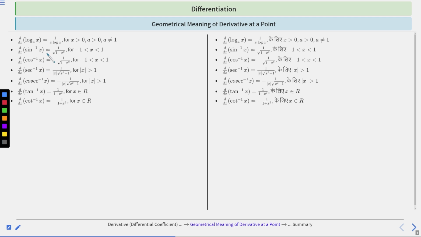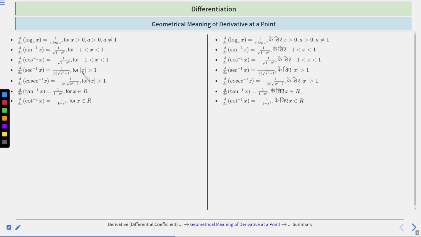Now derivative of cos inverse x is minus of 1 upon root over 1 minus x square, right? As we know that sine inverse x plus cos inverse x equal to pi by 2, right? So cos inverse x can be written as pi by 2 minus sine inverse x. Now if you take derivative of both the sides, derivative of cos inverse x is equal to derivative of pi by 2, which is 0, and minus of sine inverse x. Derivative of minus of sine inverse x is this one, right? So you can remember this as derivative of cos inverse x as minus 1 upon root over 1 minus x square when x is between minus 1 to 1. Clear?